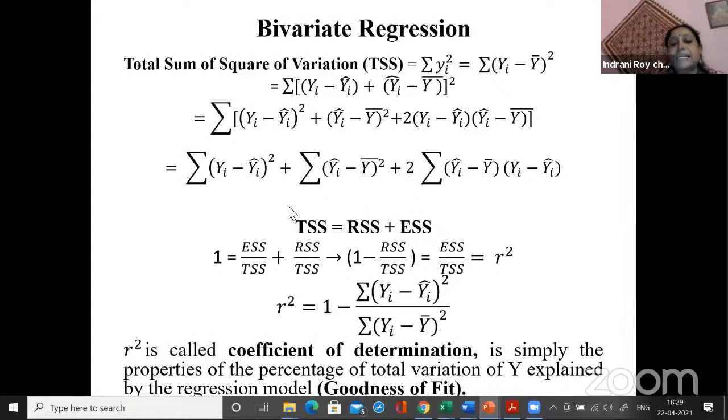And once you have this, if you divide both sides by TSS, what you get is that 1 is equal to RSS by TSS plus ESS by TSS. Okay. Now you see that you are interested in this ESS by TSS. And what is this ESS by TSS? It is actually 1 minus RSS by TSS. And this ESS by TSS, if you multiply by 100, it actually says that out of the total variation of your dependent variable or your Y variable, the part of the variation